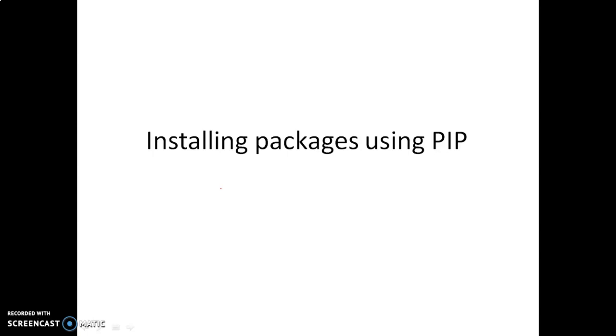Whenever you install Python, by default it doesn't give us the PIP command. So first we need to install the PIP command on our system. Then we can install the required third-party packages of Python. All these packages are available on internet cloud servers. Whenever you require a particular package, you need to install that package in your system. Once you have installed the package, it can be used as long as your Python software is available in your system. So we will see how to install PIP first, then we'll see how to install a package also.